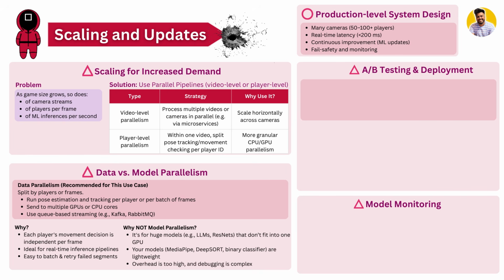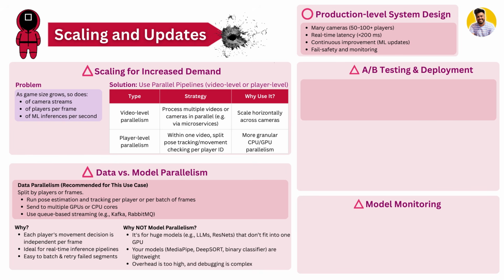So for scaling with increased demand, we can use parallel pipelines, video level or player level. Video level parallelism helps us process multiple videos or cameras in parallel and scale horizontally across the cameras. Player level parallelism ensures that within one video, we split the pose tracking or movement checking per player ID, with granular CPU GPU parallelism as well. But at this level we use video level parallelism, because that helps us get a viewpoint from all the cameras as well. And when the size of the data and the model increases, we use data parallelism